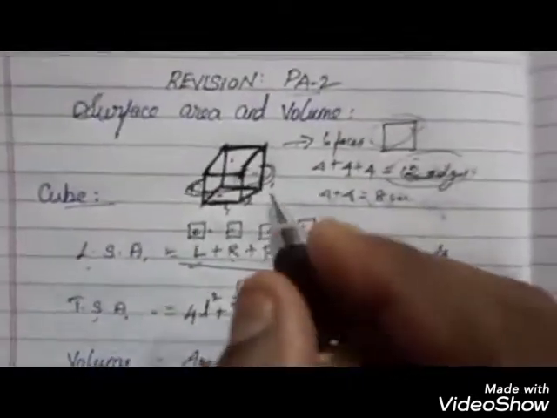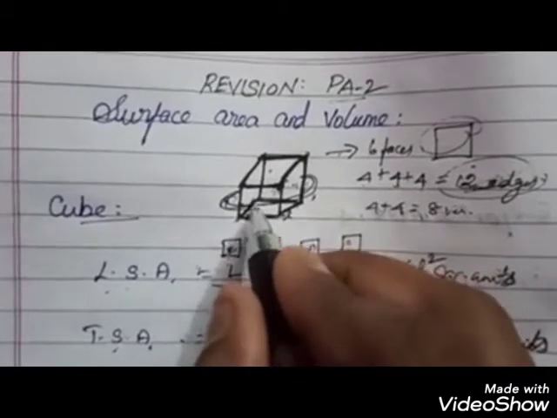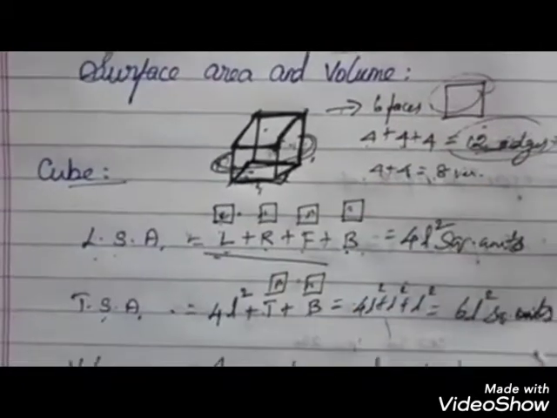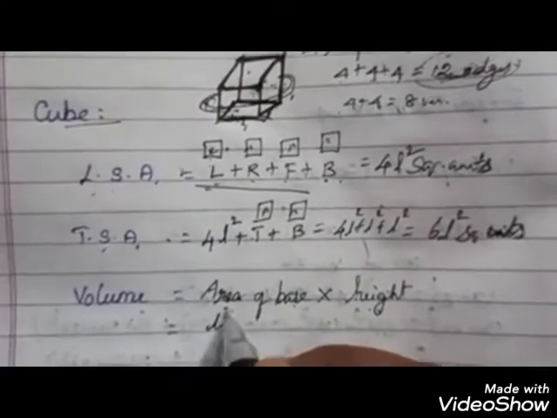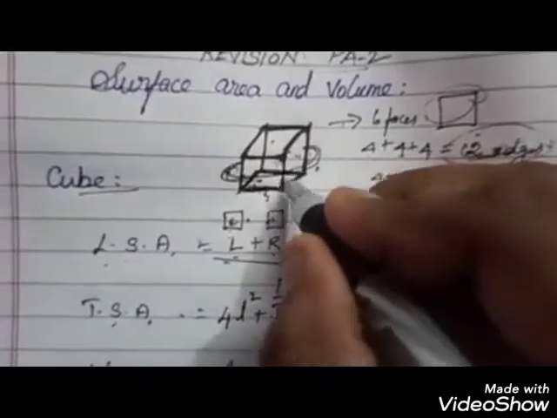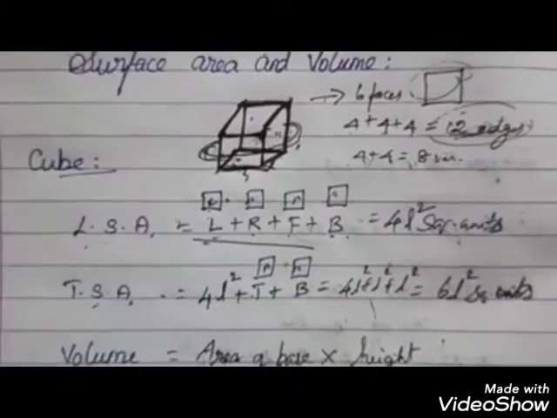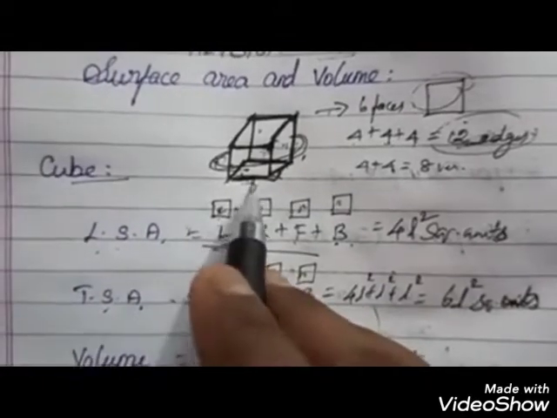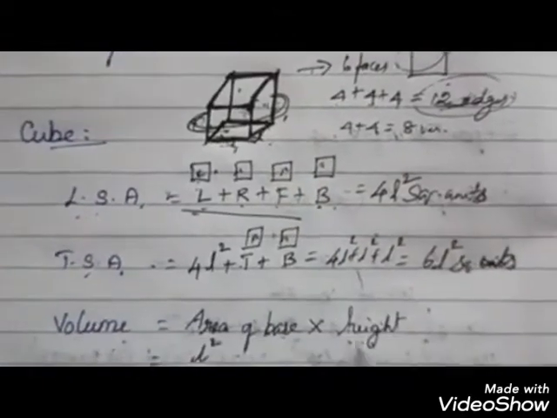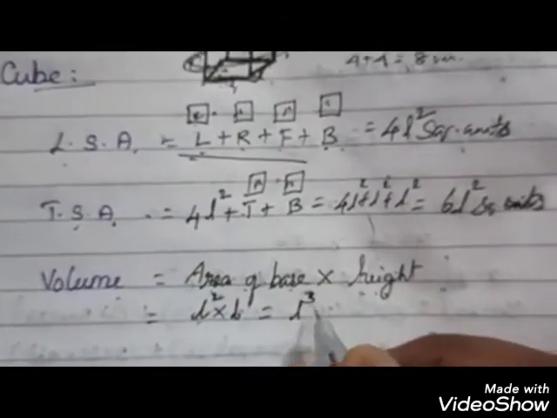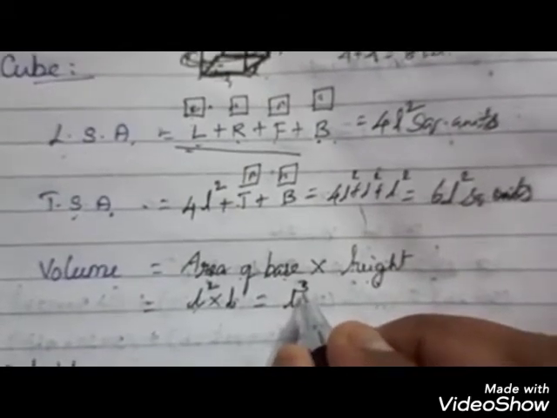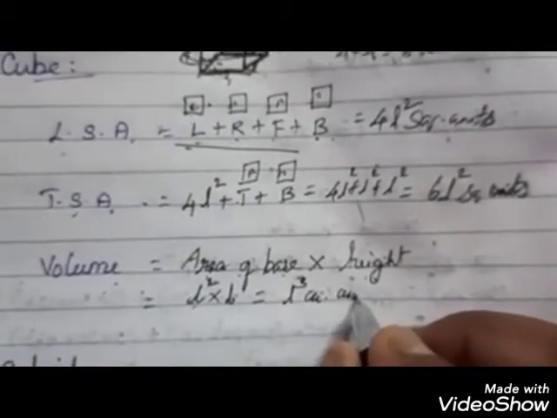So here, what is the base? Base is one of the square faces. It is L square. And here height we take as L, because all the edges are the same, so length, breadth, height seem to be the same. So height here I take L. By exponents and powers, you know that if the bases are the same, you need to add the powers. So L square into L, you get L cube. So here the degree, that is the power exponent, is 3. You can take this one as cubic unit.